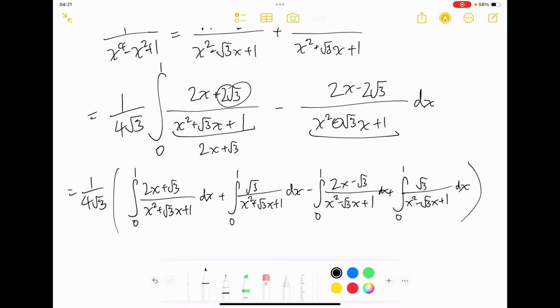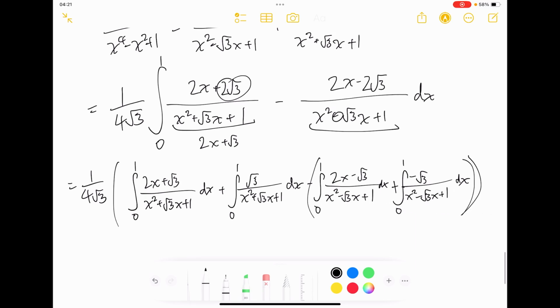Do I add root 3? Negative. Yeah, so it's a minus, negative root 3. There we go. That should make more sense. Does it? Does it make more sense? So if I put brackets there and then I add that, yeah, so this would become that in brackets. Yeah, and then I expand the bracket, so that becomes a negative. And then these two negatives cancel out to become positive. Just be careful with signs and stuff, but